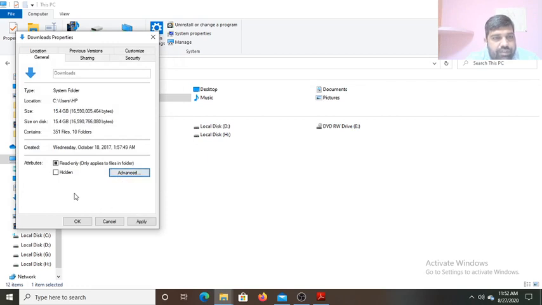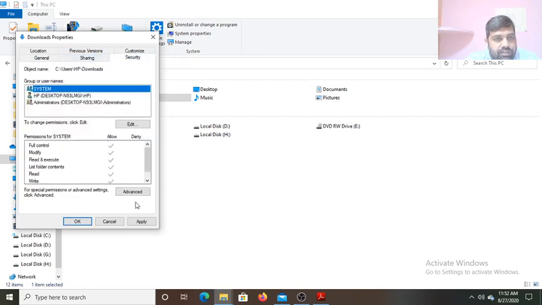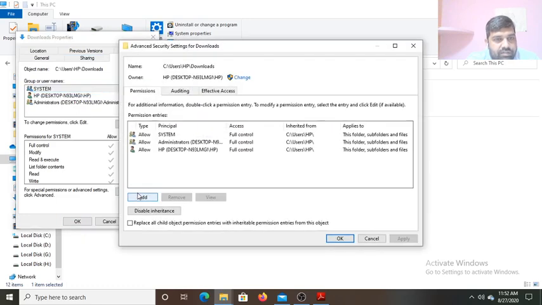Okay, leave it. We are not going to do anything. Hidden, you can hide the file also. So this is general security. You go and you'll find in the advanced, see, replace all child objects in position, add or remove. Permissions is given. For additional information, double click a permission entry. Allow system full control. See users. Allow administrators. So you can add other users who can access the file. Disable inheritance. All these things are there.